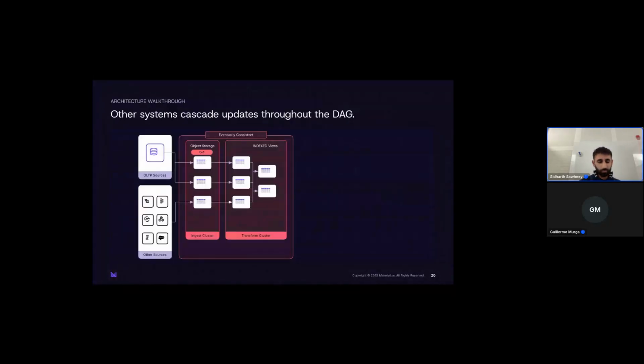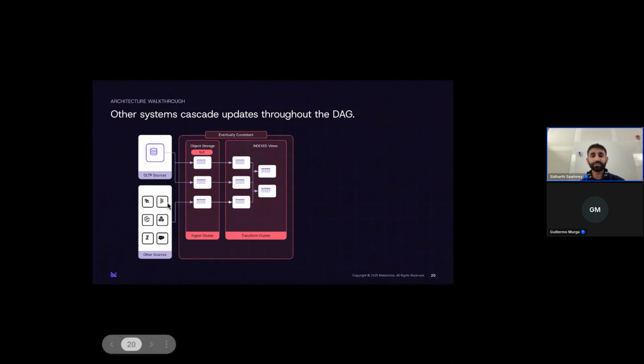Now, one more important piece to talk about that really matters for these AI agent workflows is consistency. Materialize offers a few different serializability modes or isolation modes that gives Materialize an edge compared to other systems to build AI agents.